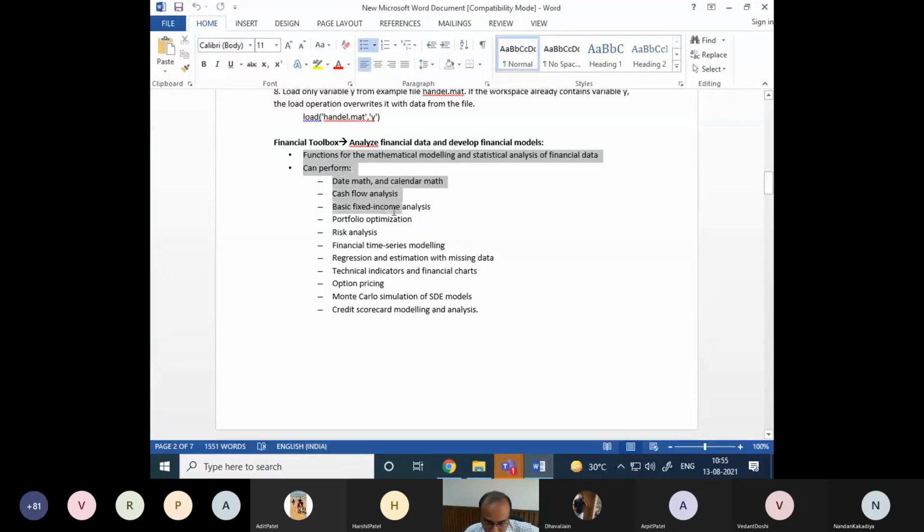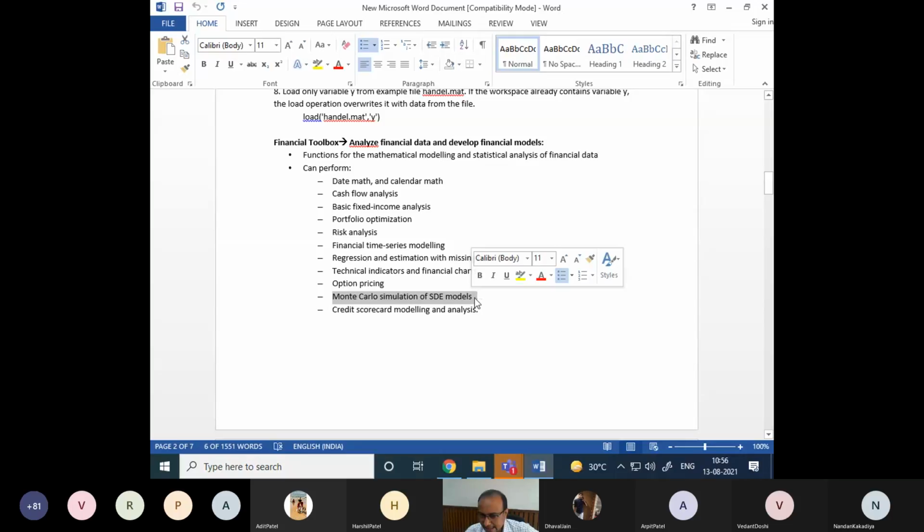In detail, what this financial toolbox can do: you can perform date math and calendar math, cash flow analysis, basic fixed income analysis, portfolio optimization that we are learning next week, risk analysis, we learned the very basics of it, time series modeling that is in unit 2, regression, estimation with missing data, technical indicators and financial charts that we learn in the 3rd unit, option pricing that we learn in the 4th unit, Monte Carlo simulation of SDE.